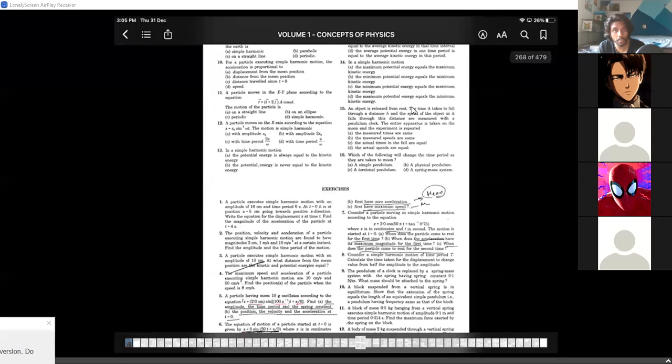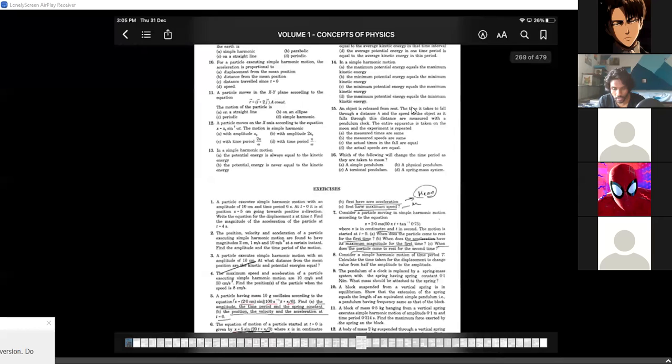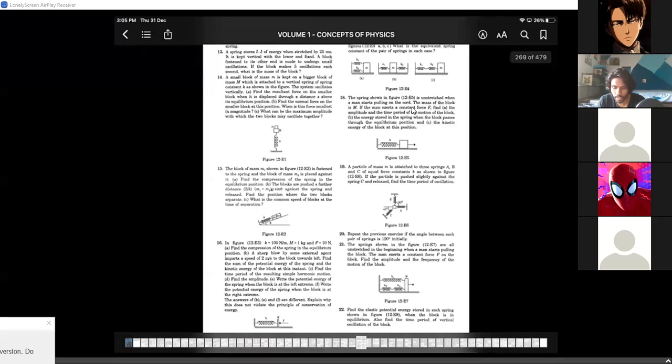I suggest for today you get into HC Verma. Obviously, try the problems on the first page. Leave out the simple pendulum just for today. I'll let you know if it is there in the exams or not. Just leave it out. Aditya, one second. So try the questions on this page, and when it comes to this page, question numbers 14, 15, 16,